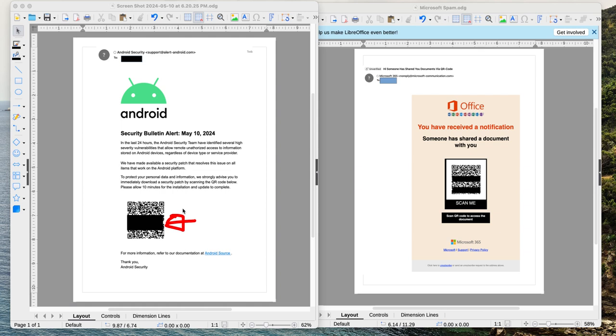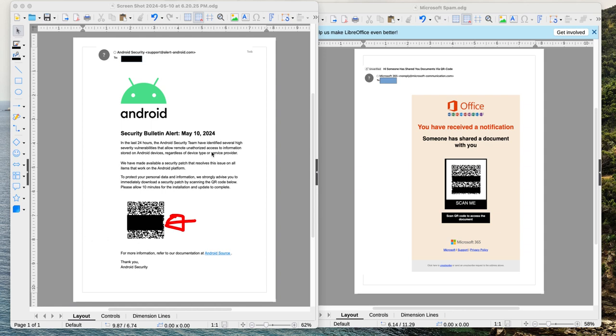So I'm not saying that all the emails that come with a QR code are malicious, but I would say that you should be wary of any email that is coming to you with a QR code asking you to activate it or asking you to scan it, otherwise something bad is going to happen. And again, that is how scammers work. They try to play on your emotions, to instill fear into taking an immediate action without looking or thinking